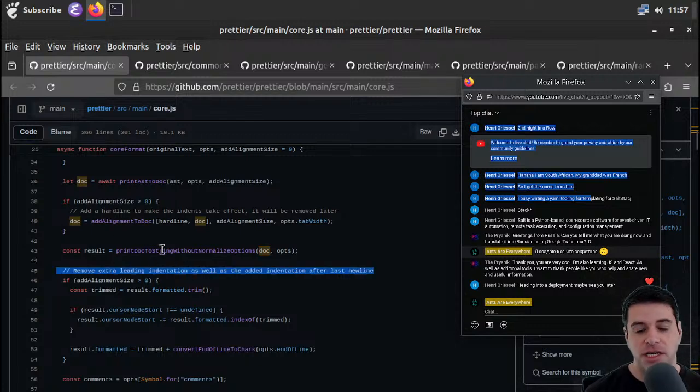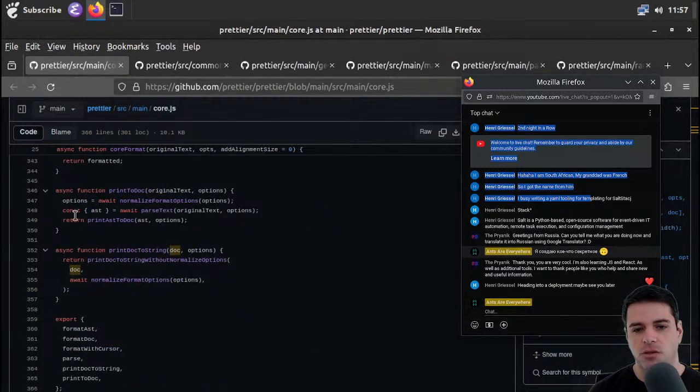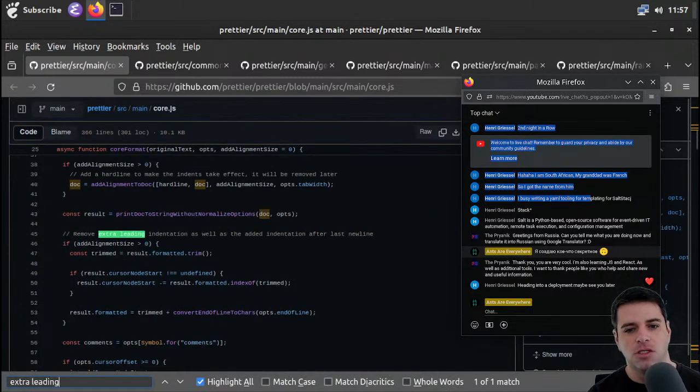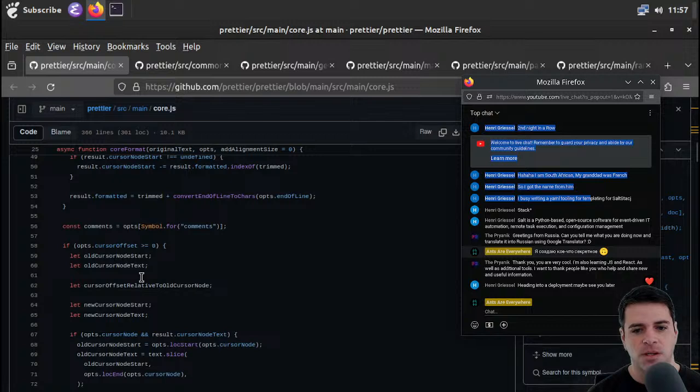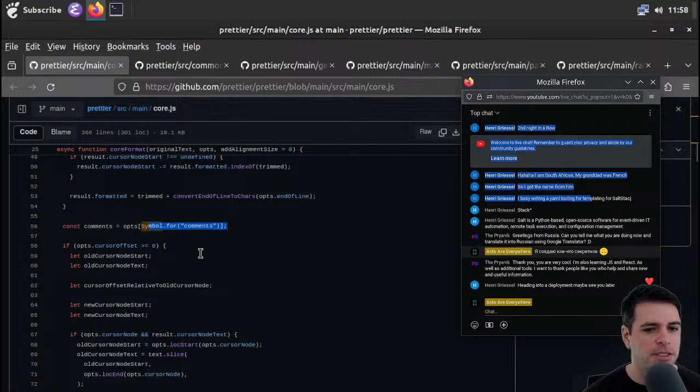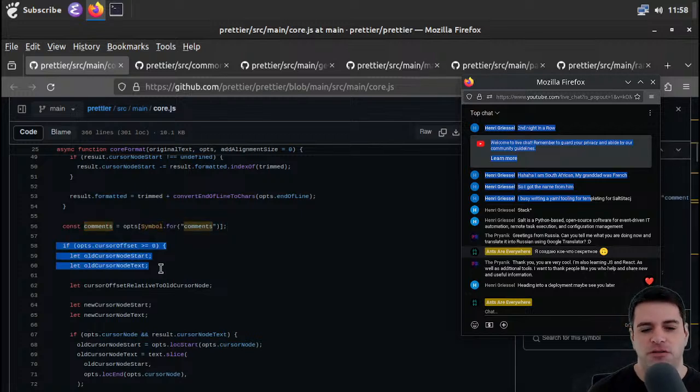All right, and then down here we're going to remove extra leading indentation as well as the added indentation after the last new line. If we're writing a language that's not like Python, where indentation has semantic meaning, then we could in theory have added a billion tabs, and we're going to just remove those so that we have a sane number, I suppose, by essentially calling some trim and then doing some other stuff. And then for comments we're getting the symbol for comments. So maybe this is just the delimiter for what a comment is. I'm not sure. And if cursor offset is bigger than or equal to 0,